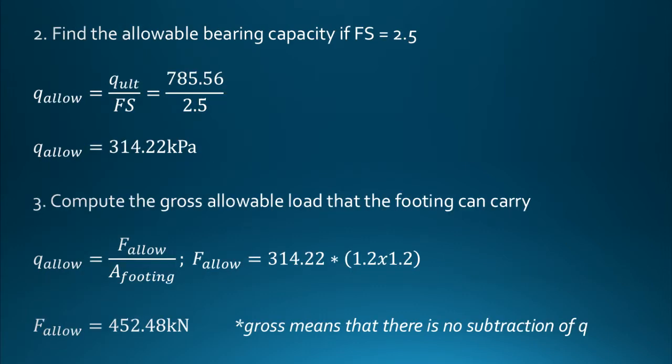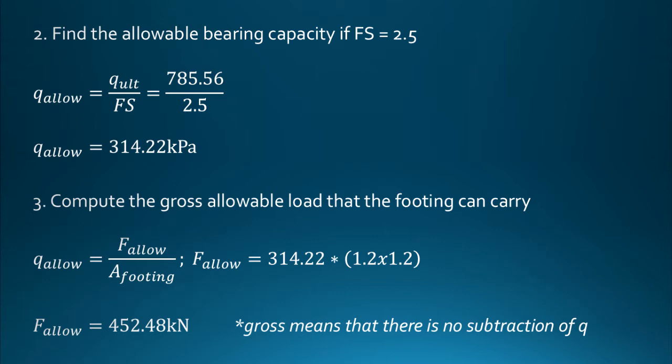Number 2 tayo. Find the allowable bearing capacity if the factor of safety is 2.5. So, paano nga ba natin kunin ng allowable bearing capacity? Sabihin yan, yung nakuha mong q-ult nung una, we could just say that it's a nominal value. Wala pa yung naidagdag or na-multiplyan ng something para mabawasan or madagdagan. So in this case, for us to get the allowable or design value, just divide it with the factor of safety. So dito, q-ult over the factor of safety 2.5, makuha mo that the allowable bearing capacity or design bearing capacity is equal to 314.22